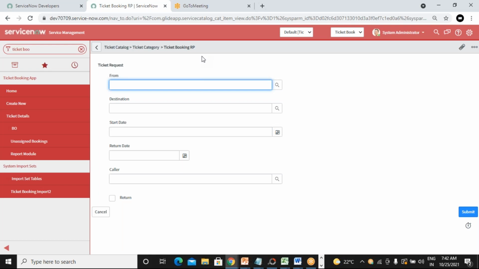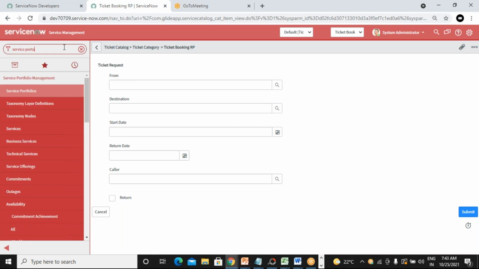Another important way is calling this record producer from the service portal. So let me show you how to configure this record producer from the service portal. To do that, let me navigate to the service portal.